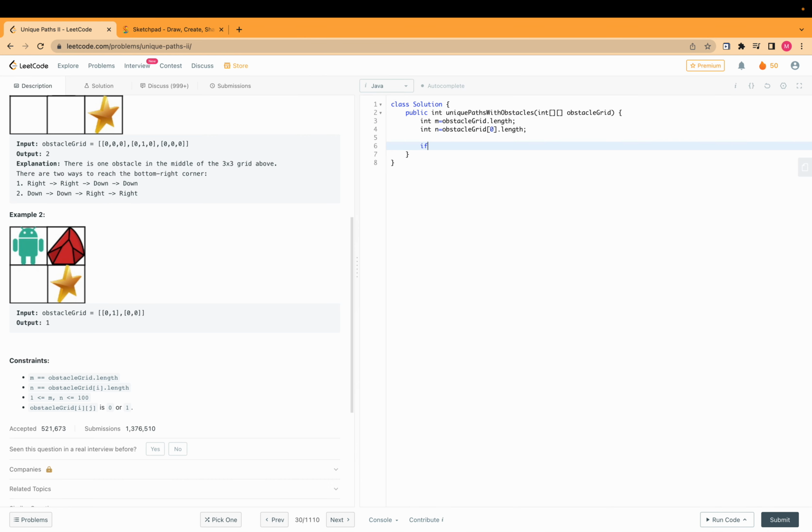So we have to make sure, if the grid value is equal to 1, then we simply have to return 0, that there is no path possible to reach the bottom right corner. Otherwise what we will do is, we will move in all the rows and we will make sure,